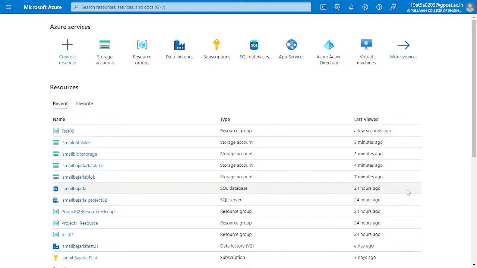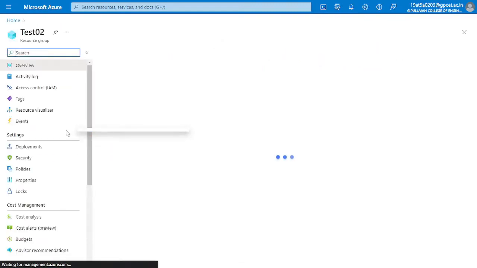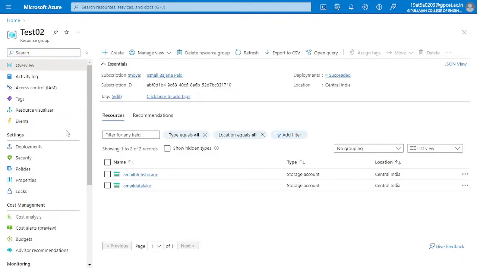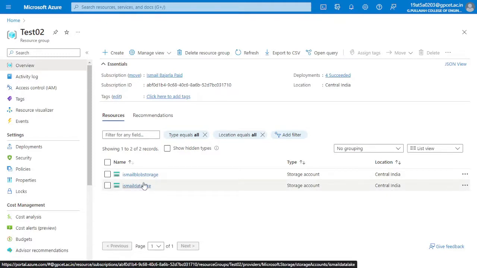So I have created a resource group in the previous videos, and I have created two storage accounts, one for Blob storage and one for the Datalake storage. And here's the Blob storage and here is the Datalake storage. Now I wanted to copy the data from the Blob storage account to